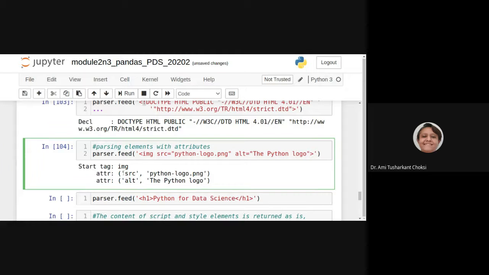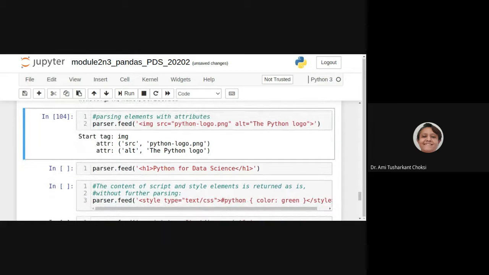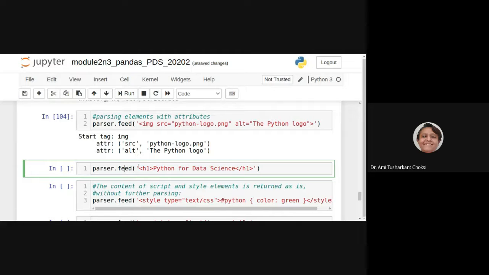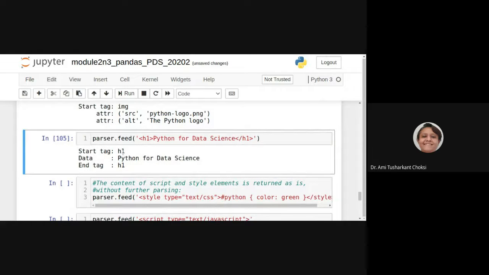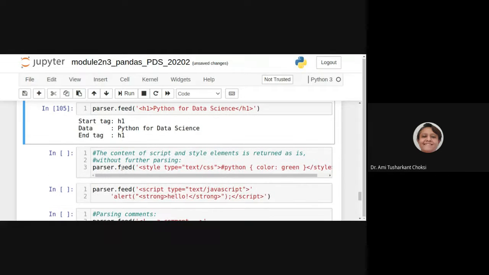So the attributes are src and alt, as name equal to value, isn't it? Now I am giving parser.feed with an h1 tag starting, text, and then end h1. Now I'll see start tag h1, data Python for data science, and end tag h1.